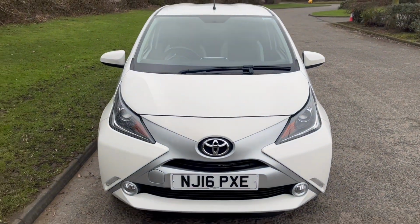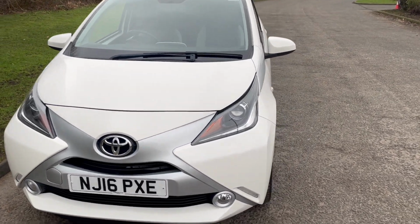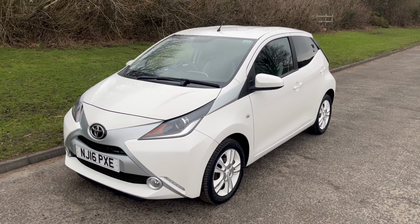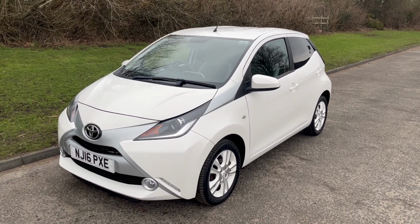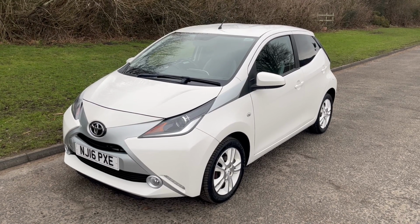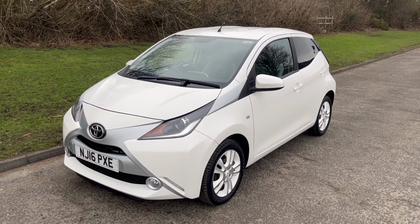Lovely vehicle to drive, very economic, low cost to insure, also free road tax, which is a major standout point of the vehicle. So if you'd like to come give it a drive for yourself, don't hesitate to get in